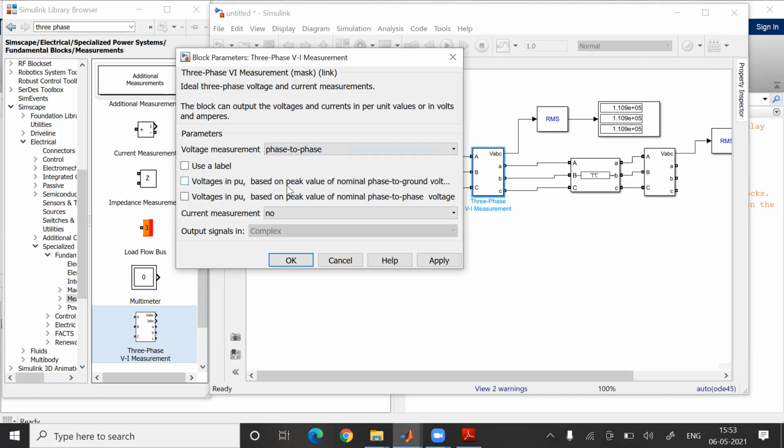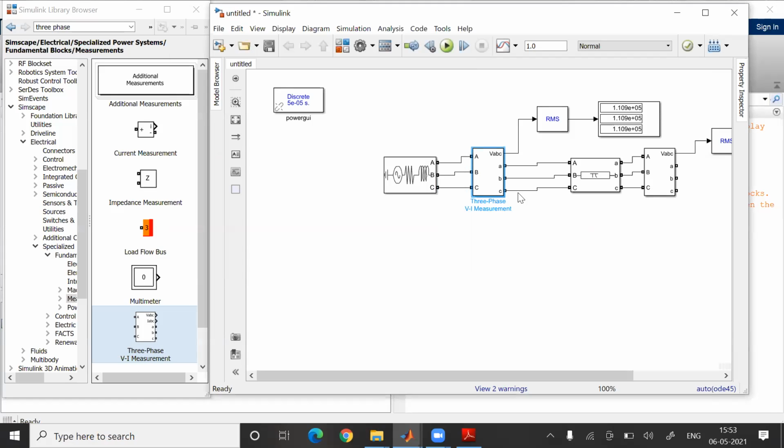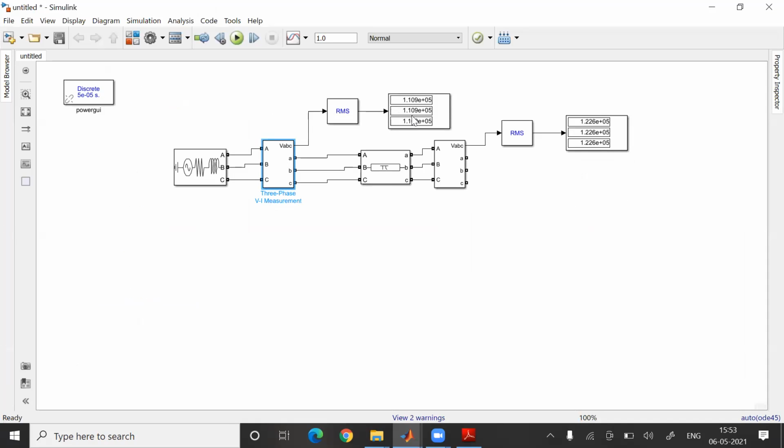So we'll convert to this. We do not require current, so there are two such blocks. And this is your RMS block. What it does is convert this value to the RMS value. That is its only purpose. This is another, the same thing. Now what we have to do is run this, and you could see over here, I just bold out this.